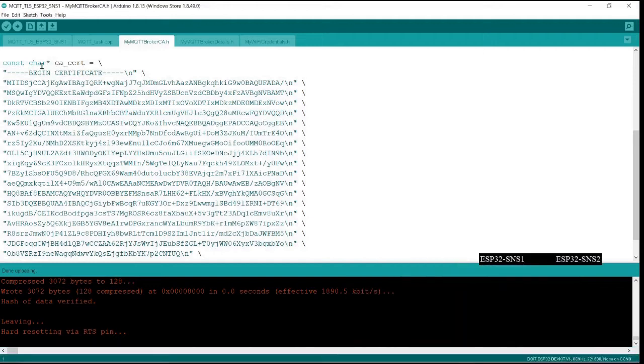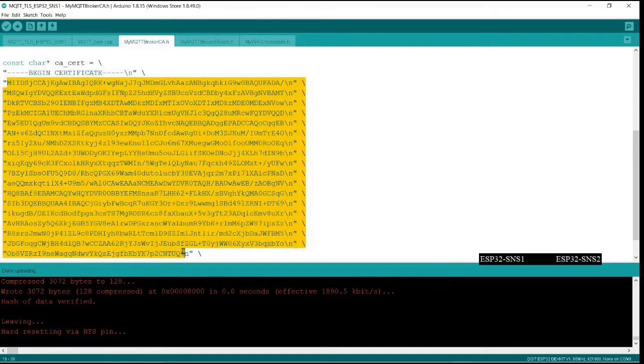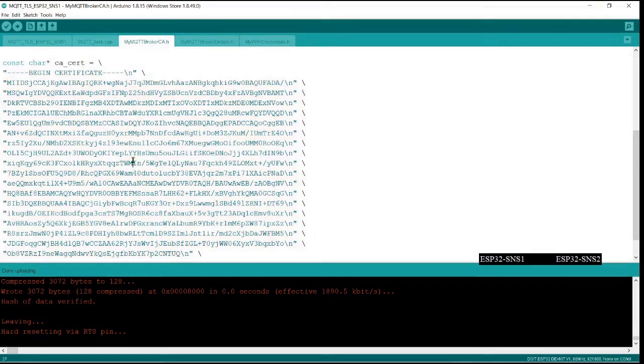It has to be fed into a character array, which holds byte values. I'm calling it CA certificate, and we need to include even the begin certificate line because the internal library looks for the entire sequence so that it knows this is the actual content it needs to work on. It uses these contents finally to encrypt the data before sending it to the broker.